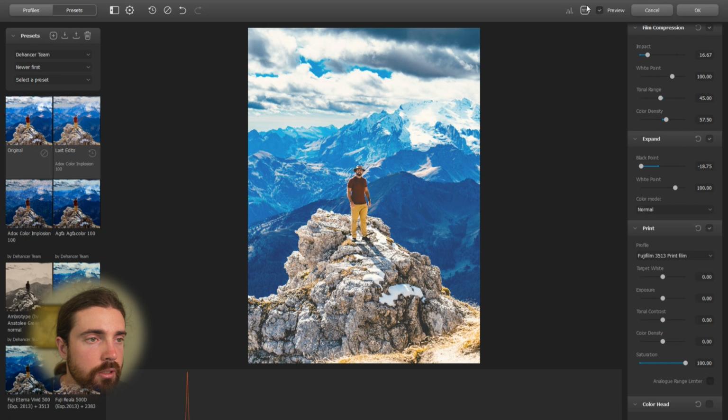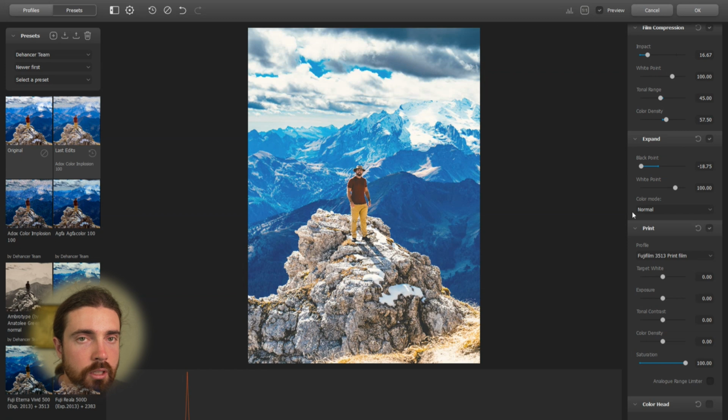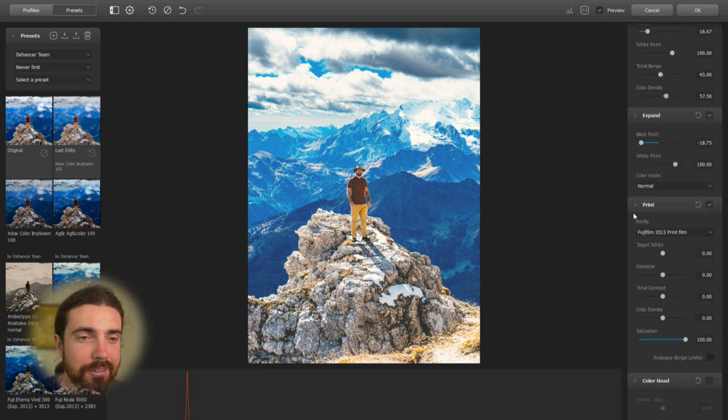So we're just going to have a look at that. That definitely looks like it's come out of a Fujifilm and not out of a Sony A7 IV. So we're just going to adjust the whites here and see if you move them around, you can get more warmth or you can get more cool. So you can just adjust, play with what you feel like is the most appropriate to the picture that you're editing, more or less. We're going to go and adjust some things like exposure, just bring it a little bit up,